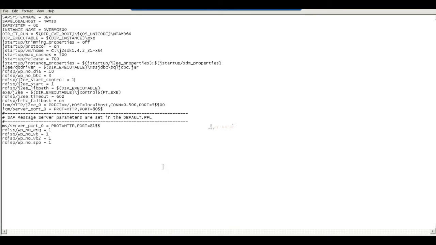There is one program called JControl, the Java start control program. It will start some services like the JLaunch service. We will discuss that in the architecture.